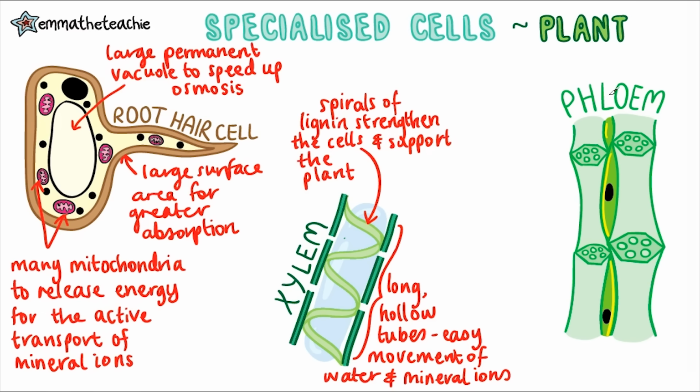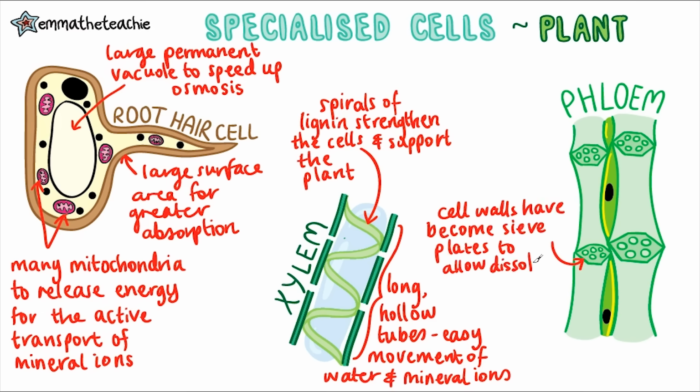Our sixth and final specialized cell is the phloem cell. What can you spot that would help it move dissolved food up and down the plant? Well, first of all, you can see that the cell wall has been replaced by these funny little things called sieve plates. And just like a sieve, they've got holes in them to allow dissolved food to move easily up